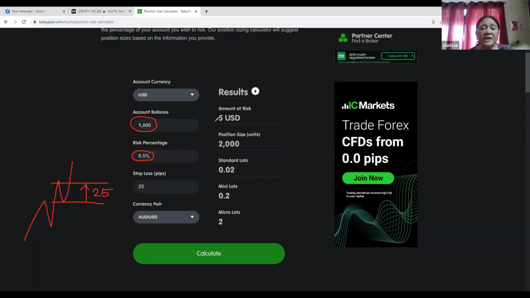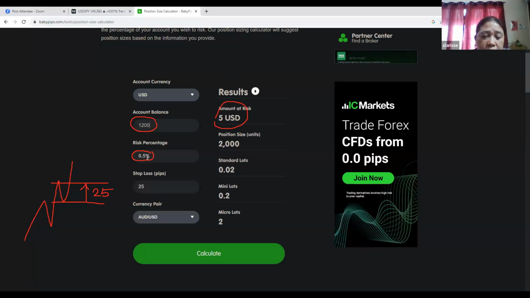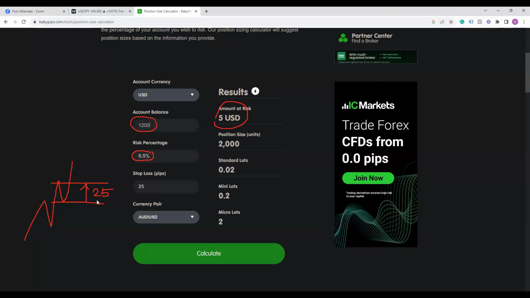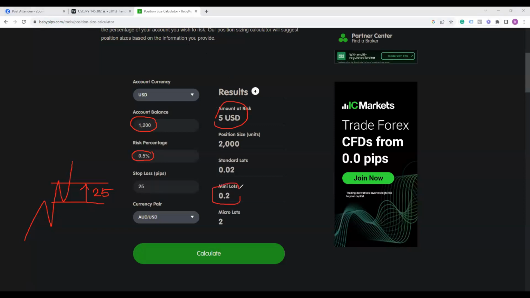Okay. So now let's say another scenario. Because you have been making money, your account grew up to $1,200, and you still risk 0.5% per trade, and the stop loss is 25. So you want to know how many mini lot can you trade. Just now was based on $1,000, and you could trade 2 mini lot, and if the trade doesn't work out, your loss is $5.